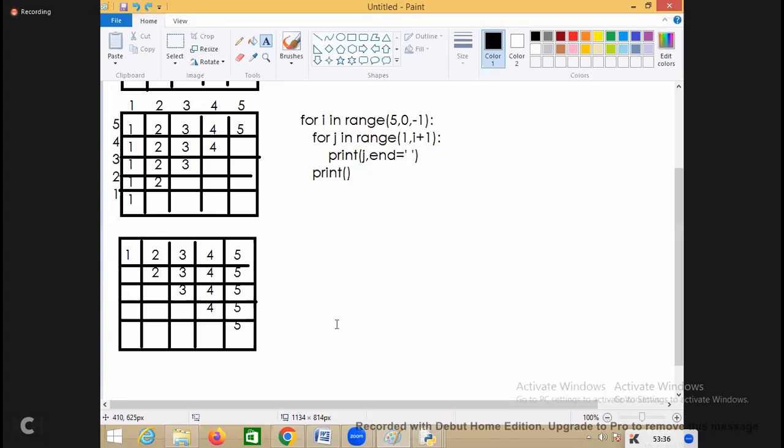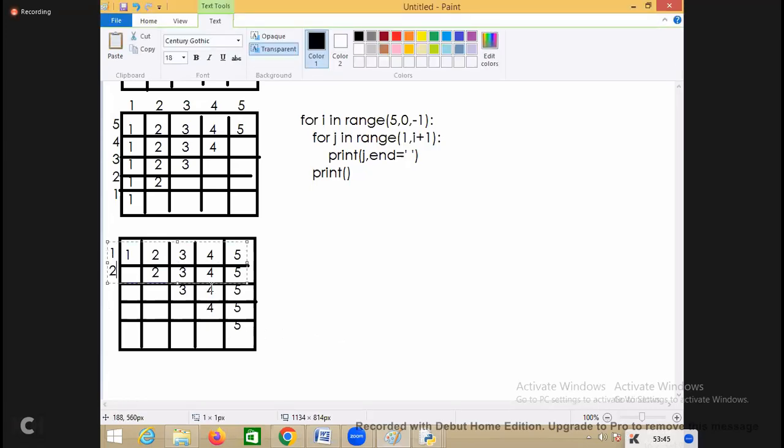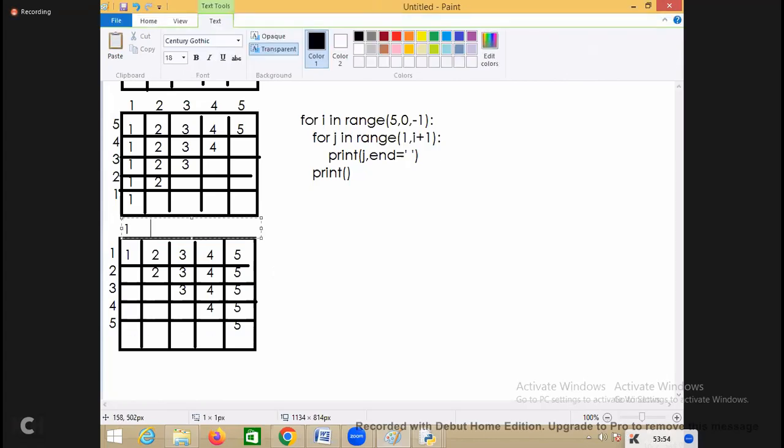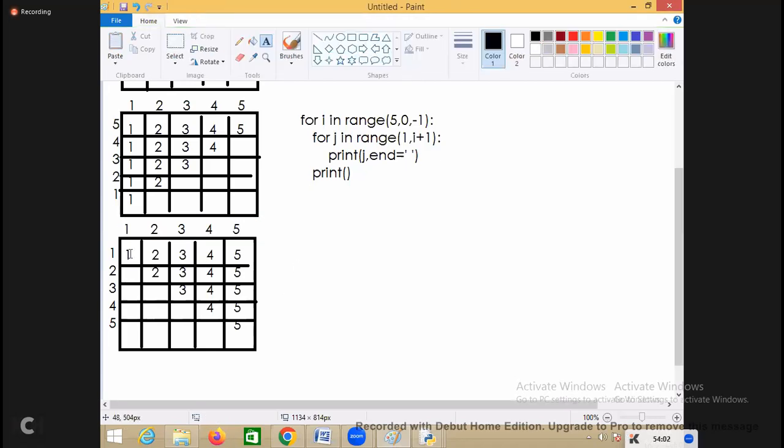So actually here you have to start the row with 1, 2, 3, 4 and 5. Total how many rows are there? 5 rows. And total how many columns are there? 5 columns. Every row has 5 columns. But when you are printing column values, suppose,